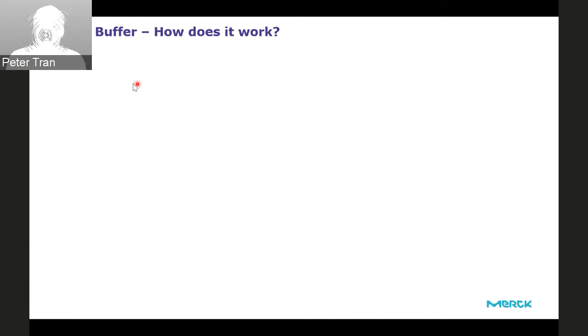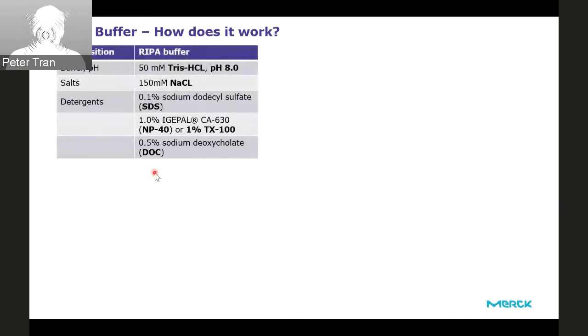Okay, so let's explain a little bit about the lysis buffer and how you can make it yourself or optimize it yourself, right? This is the common composition of the buffer. You need a pH, you need a buffer, you need salt, you need detergents, and sometimes you also need a reducing agent like DTT or TCEP. And I'll show you the composition of RIPA buffer, because it's the most common one that people use for lysis. In RIPA buffer, you have 50 millimolar Tris, pH 8.